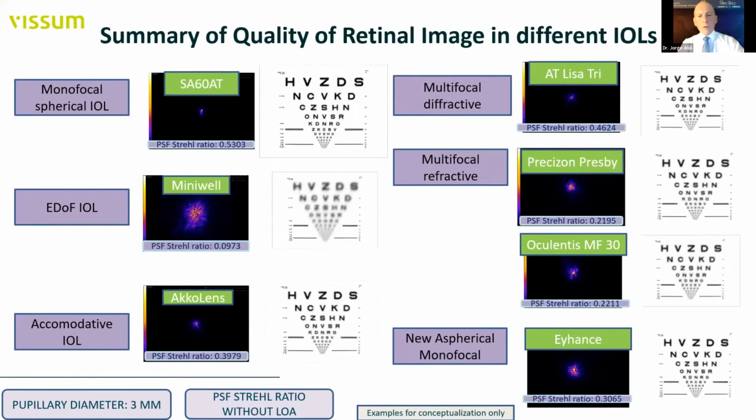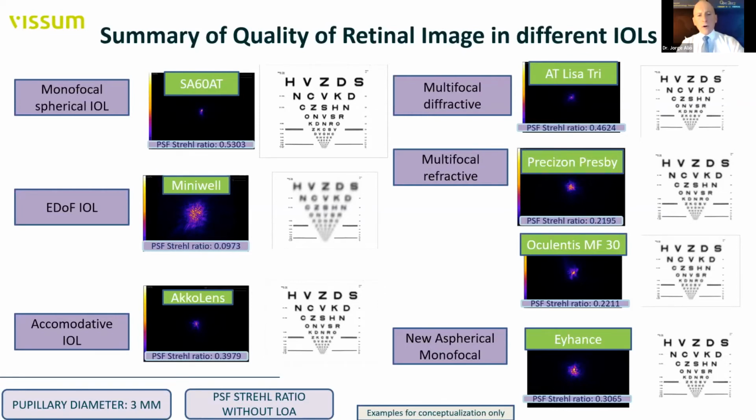This is a paper that we published in which we defined for the first time the in vivo quality of retinal image, and you see here that different lenses cause different quality of retinal image measured by the PSF. Remember, the PSF is related to vision, to visual acuity, while MTF, on which we also have a study, is related to contrast. So with these parameters, you can define which lens is good. Look at the